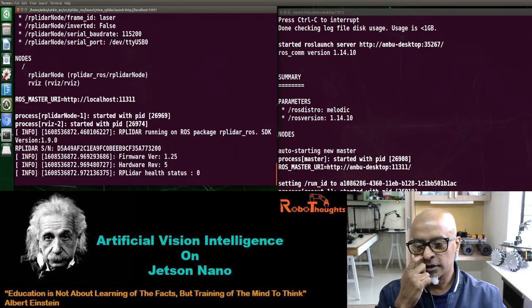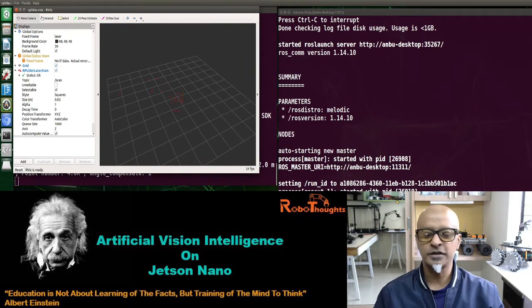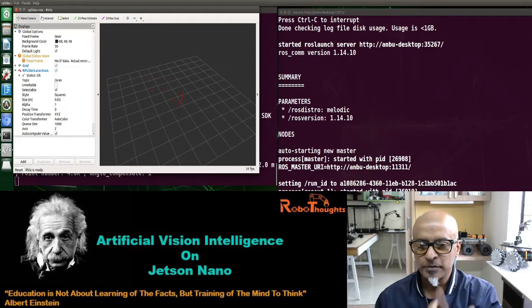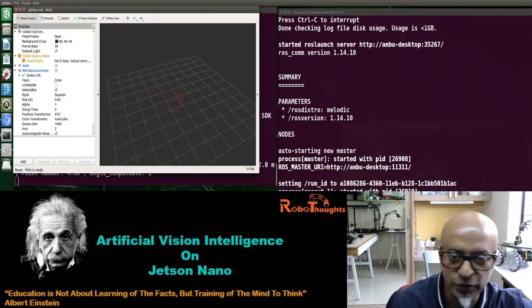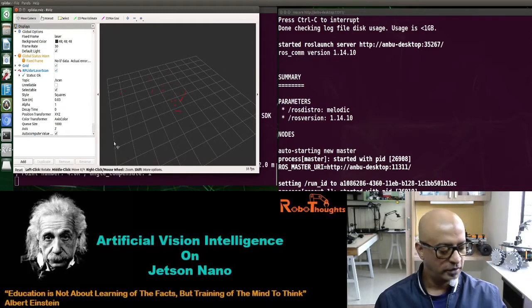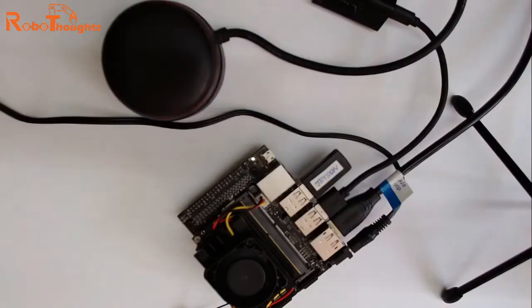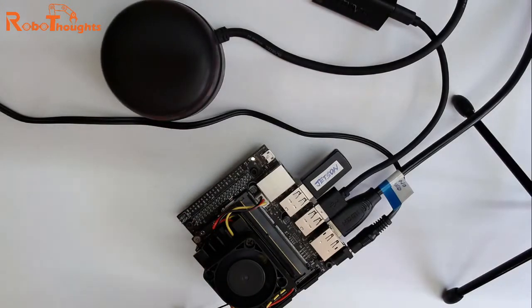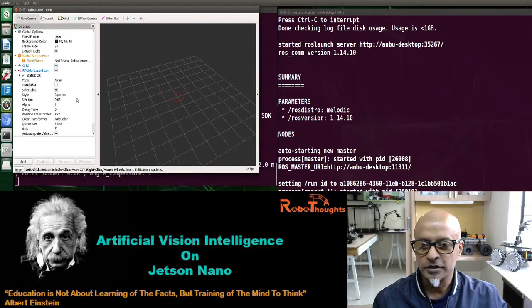Alright, done checking. It's supposed to open another screen, there you go guys, this is your visualization, RViz. Guys, can you see it's gathering the map through the LiDAR? Let me switch over my screen and I'll show you my LiDAR is actually running. I can show you live. There you go. Can you see my LiDAR is running and it's gathering all the information and it's showing up in your workspace here on the RViz.